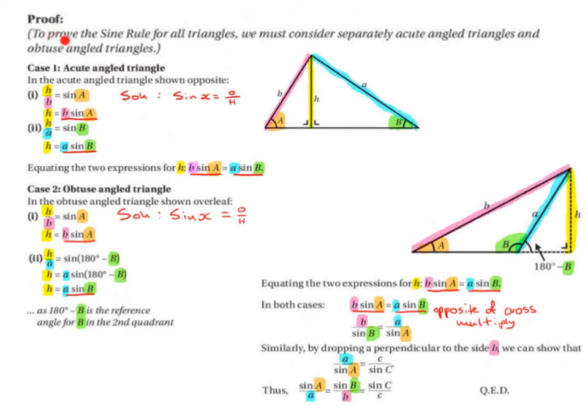Proof. To prove the sine rule for all triangles, we must consider separately acute angle triangles and obtuse angle triangles. Case 1. Acute angle triangle. In the acute angle triangle shown opposite,